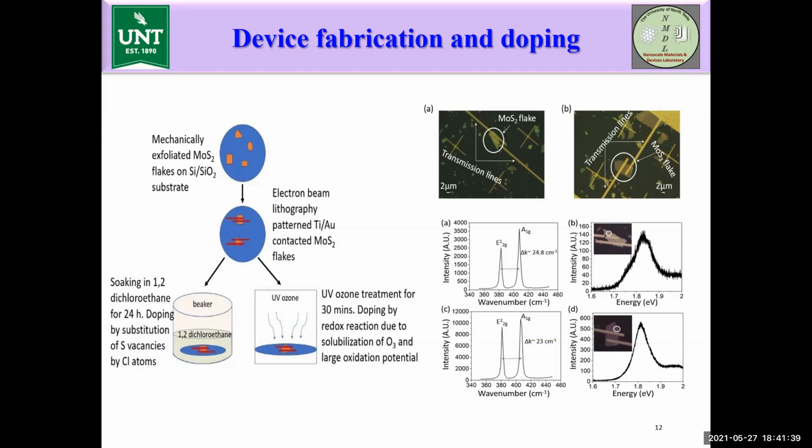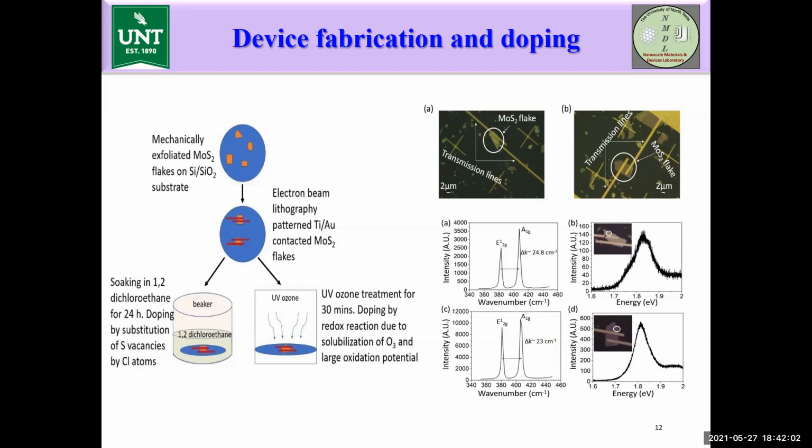which reduces the band gap and dopes the semiconductor. And in case of UV ozone, we place our device in the UV ozone chamber and expose it to UV ozone for about 30 minutes. And doping occurs as a result of a redox reaction due to solubilization of O3 and its large oxidation potential. That is,